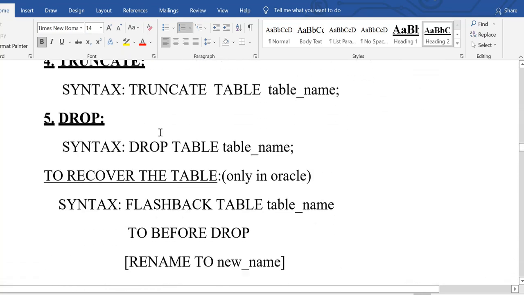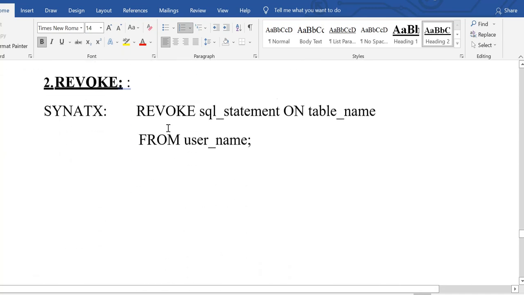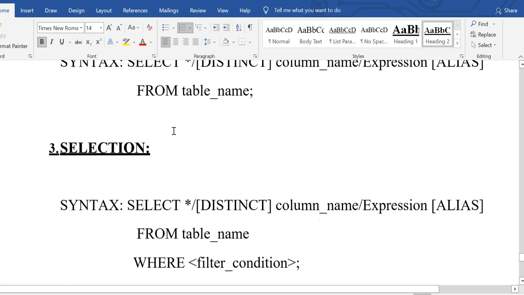These are all the different statements. First we will discuss the data query language, and then we will move on one by one.